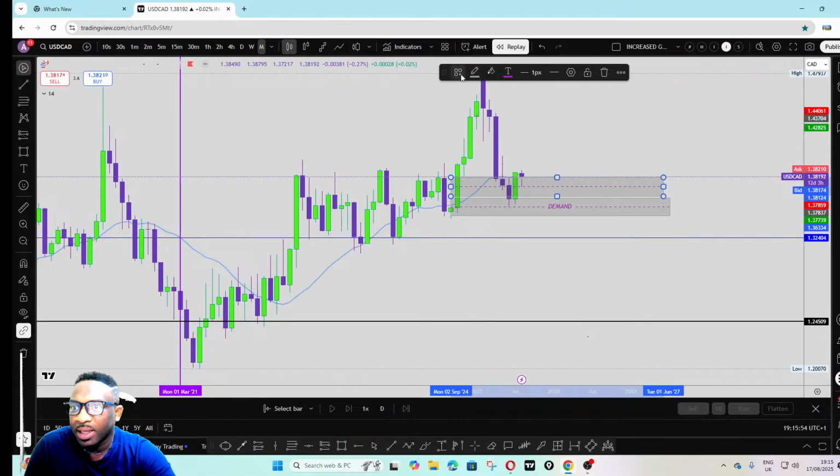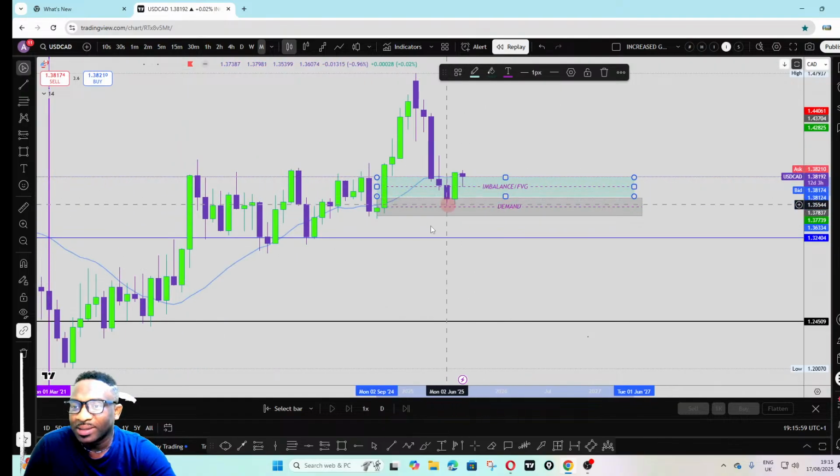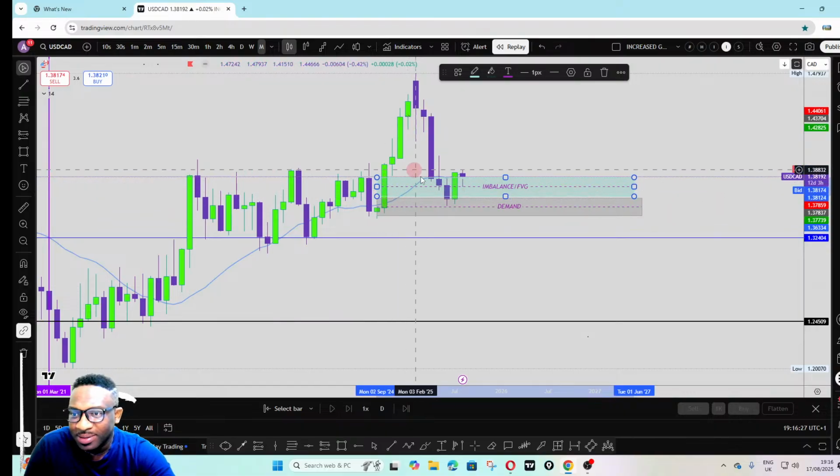That is our imbalance, or the fair value gap. So now we can say that this is a valid area to look at, and see whether price truly broke above this area. If we're at this point, you want to be looking to take a counter trend trade targeting these areas. And then price came back to fill this imbalance, tap into demand, and now we have